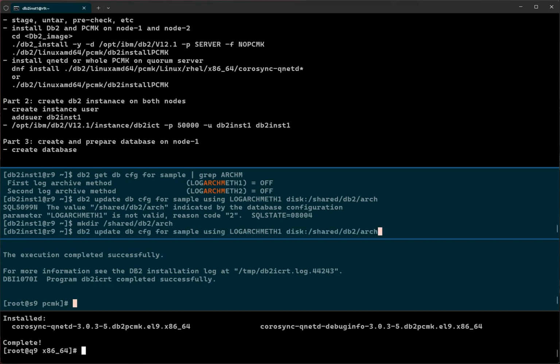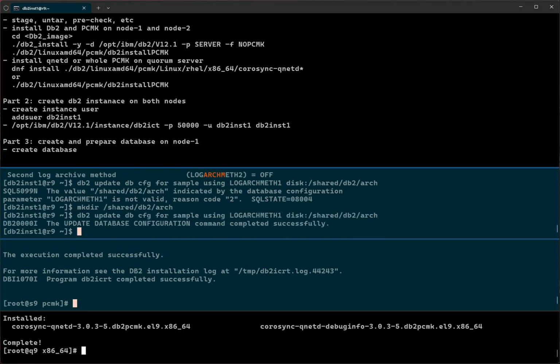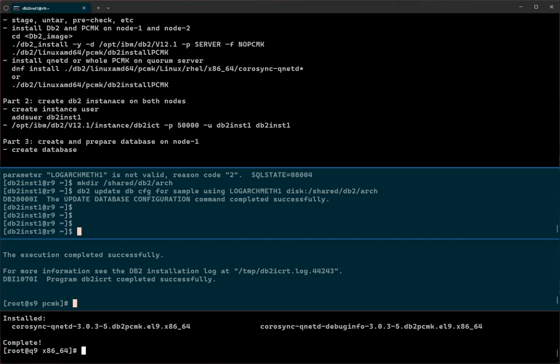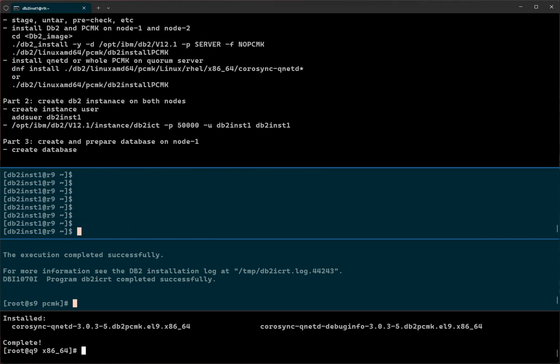Okay, it's created. Let's do it again. All right, so that means the database is in archive logging. Okay, so anyway, it is called clear. Okay, all right. So at this point,